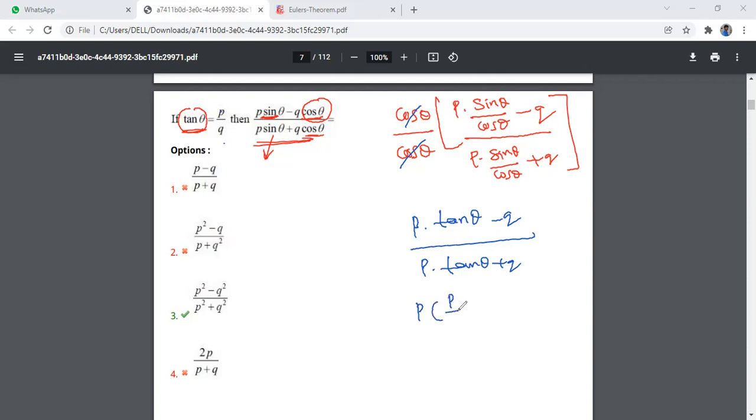So this means p by q minus q by p of p by q plus q. So what is it, p square by q minus q. I'm writing the denominator as 1, because the denominator is 1 so we can multiply these two and these two. Here p into p, p square by q plus q. The denominator is 1.